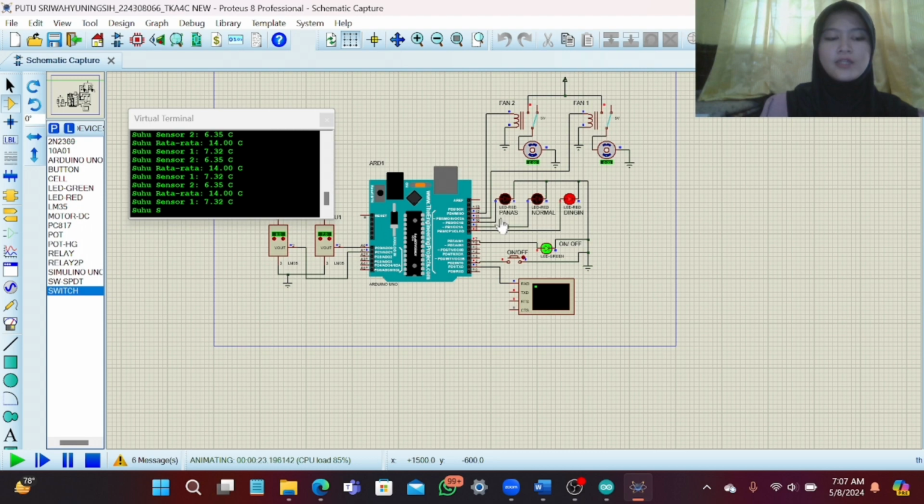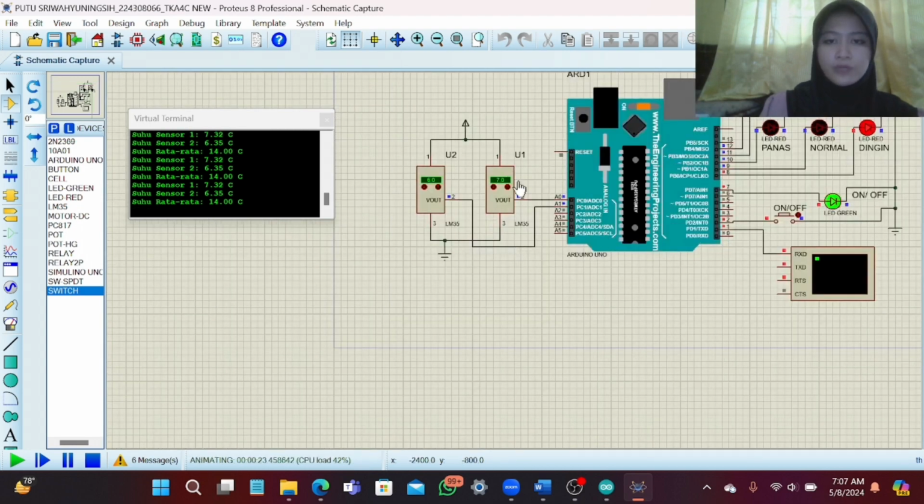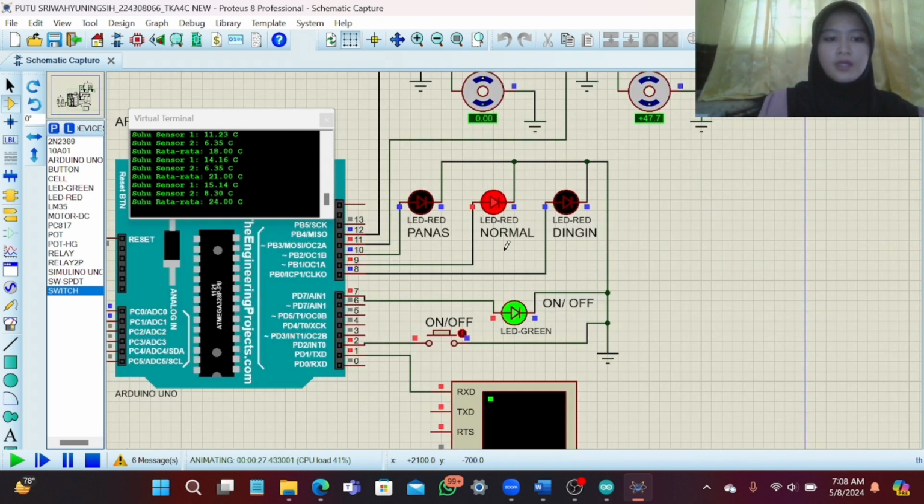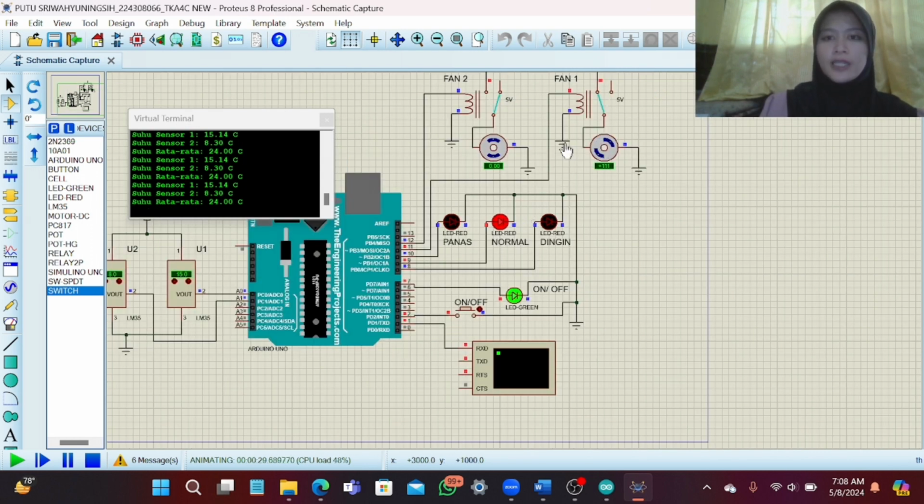Next, when the average temperature value is between 20 and 30, the hot temperature and the cold temperature indicators will be off, and the normal temperature indicator will be on, and fan motor 1 will be on, and fan motor 2 will be off.